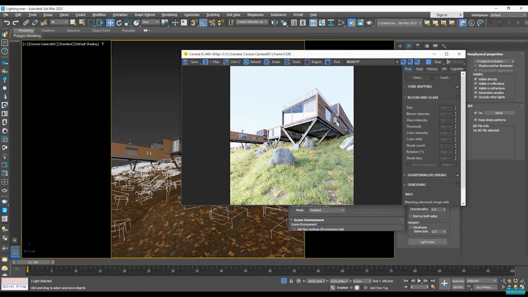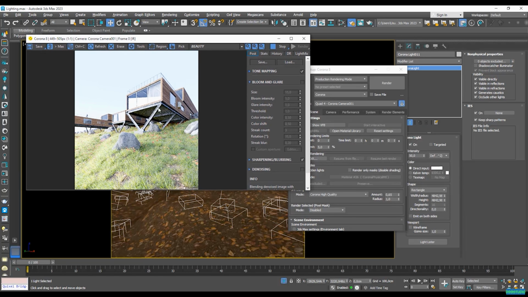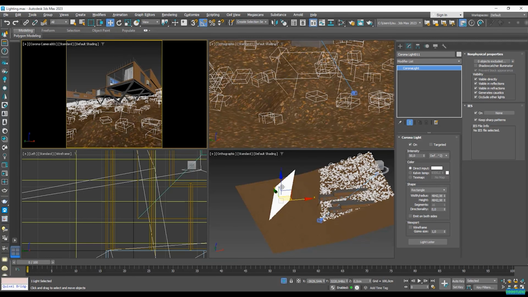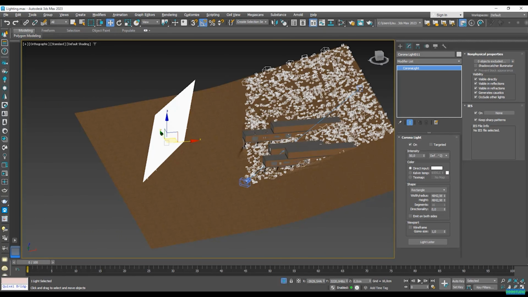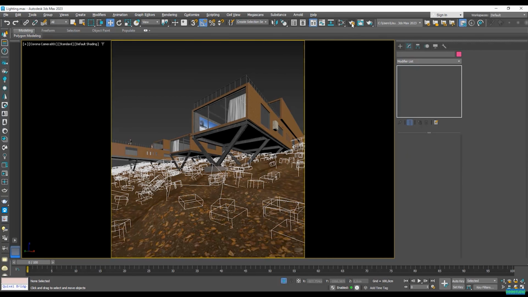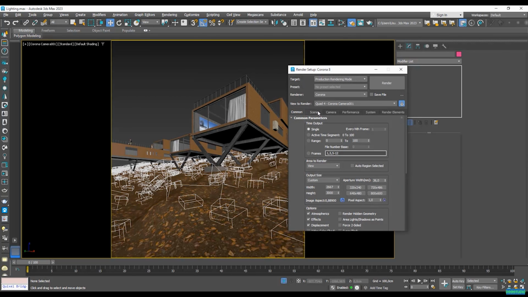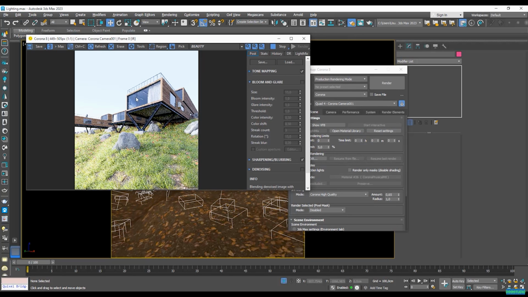Alright, so you can see that our light has actually added a lot more detail. However, we can see it reflected on our windows. And we can actually avoid this by going into the visibility properties, and we will just disable the visible in reflections and visible in refractions. Now let's go back and start that interactive render again. Alright, so this way we can get rid of that reflection, but also we've lost some detail of the reflection